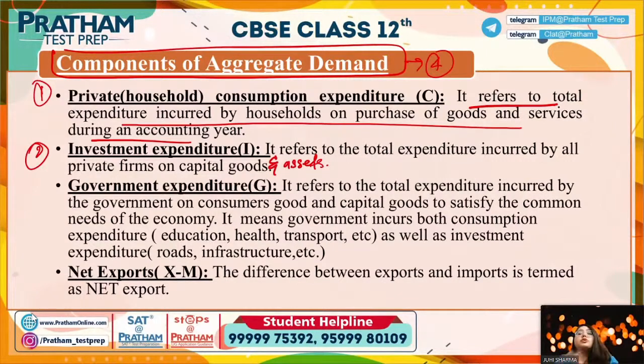So the total expenditure which is incurred by all the firms on capital goods and assets considered under what? Those are considered under the investment expenditure. That is actually what investment expenditure is all about, right? Now, one of the major component of aggregate demand is the government expenditure. Government expenditure is what it is actually जो government spend कर रही है on goods and services, on capital, so